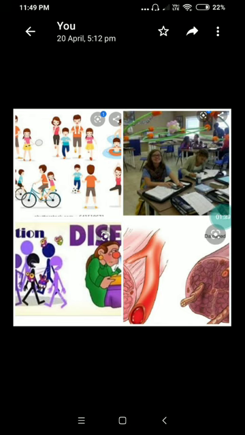The first one, it provides energy to do various activities like playing football, going to school, doing some physical work. Second, it helps in growth. Third, food helps us stay healthy and protects our body from diseases. Fourth, food helps us to grow and repair worn out tissue. Worn out tissues means damaged tissue. So now children, here we have learned about food and the importance of food in our life.